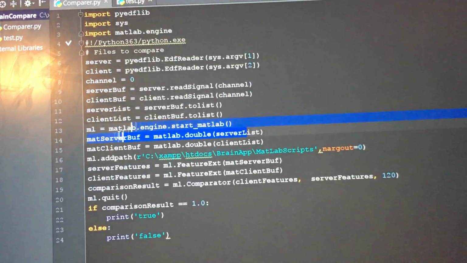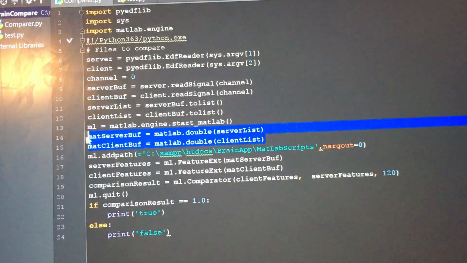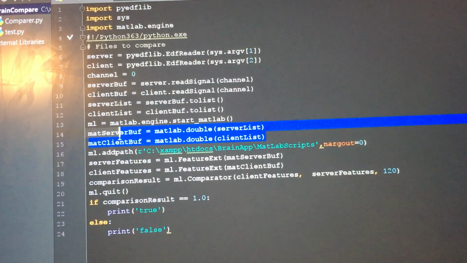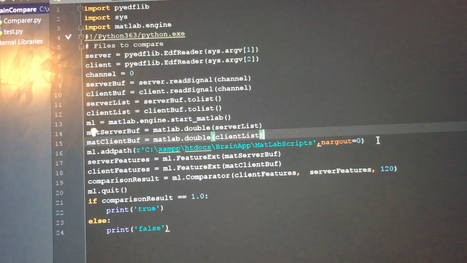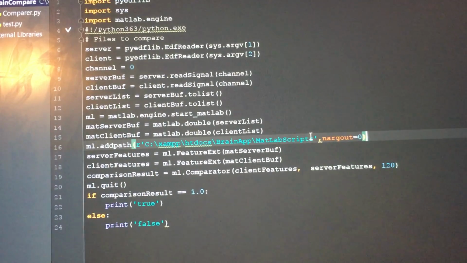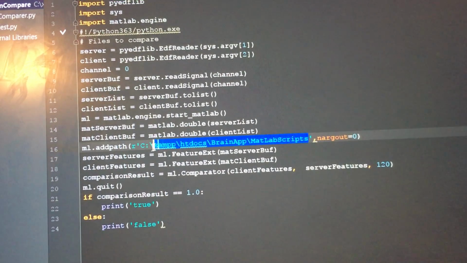And then I start a MATLAB engine, and I make those arrays MATLAB compatible, and then all I do is add a path to my MATLAB scripts folder on my server, and then I call my methods,